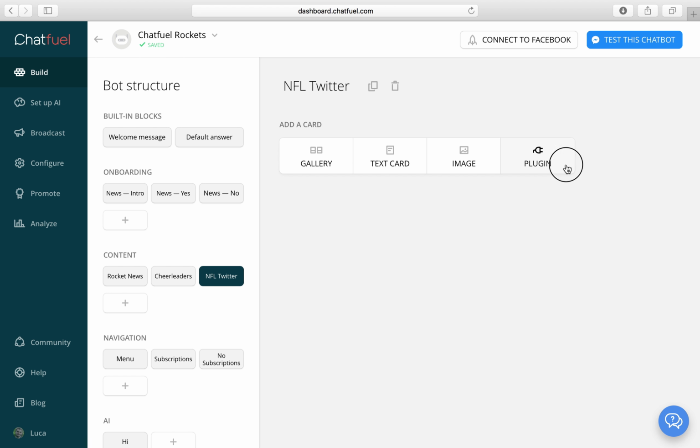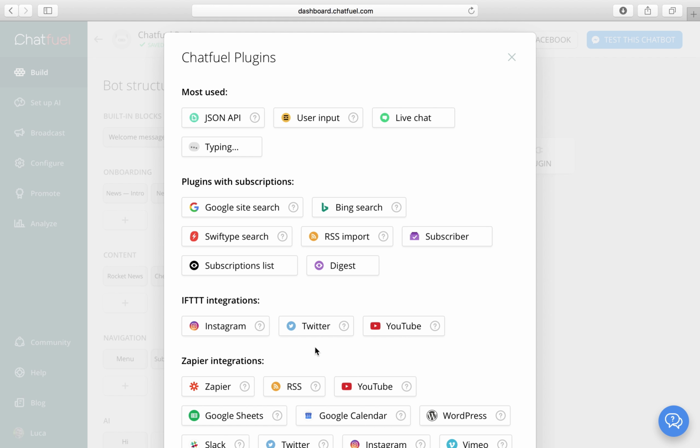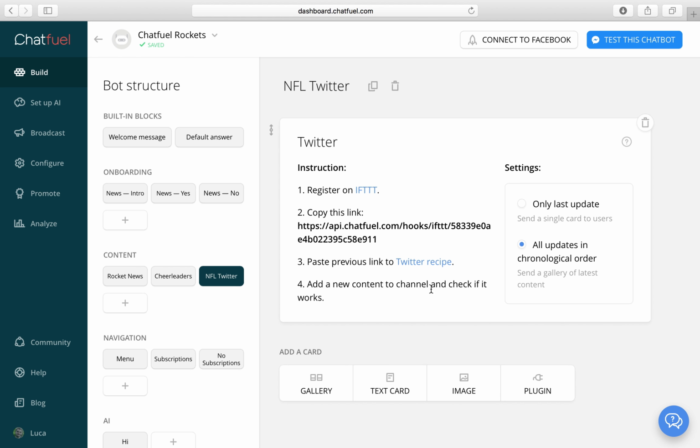We will use the Twitter plugin for this. It's an IFTTT integration. Make sure you are registered on IFTTT. If not, just click the link, register, and then come back to the dashboard. Then copy this link, open the Twitter recipe,